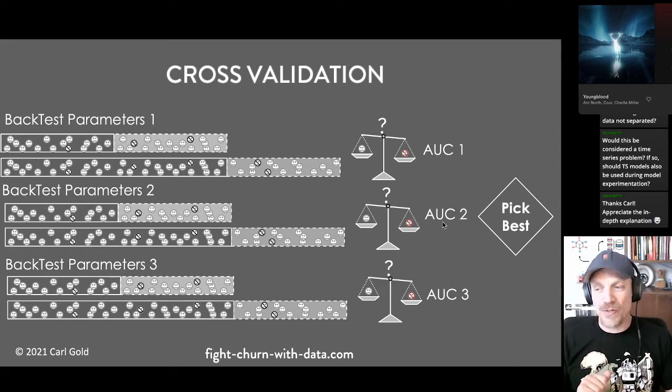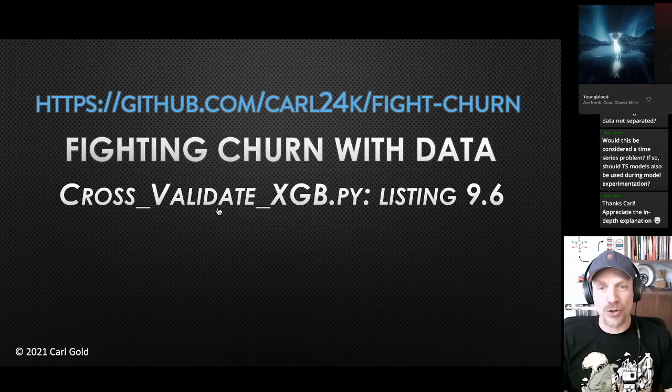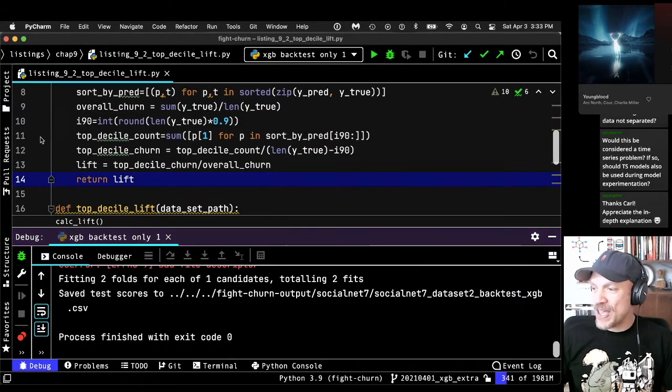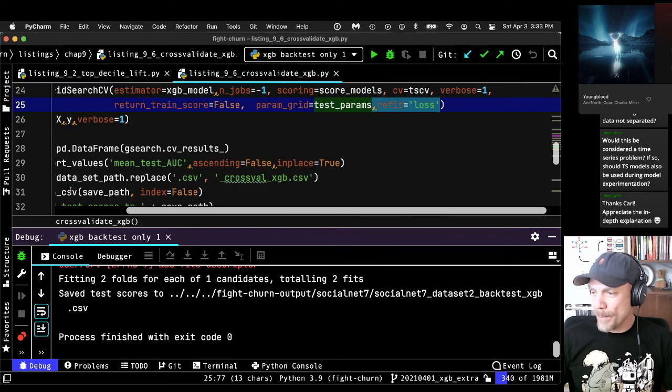Fortunately, this is also very easy in Python. So now we're actually going back to one of the XGBoost listings, which is in the book, 9.6. And this shows you how to cross-validate and to find the best parameters for an XGBoost model. All right, so back to 9.6.